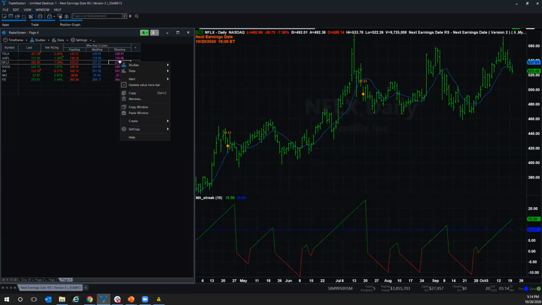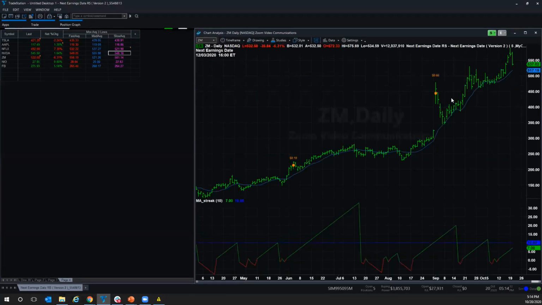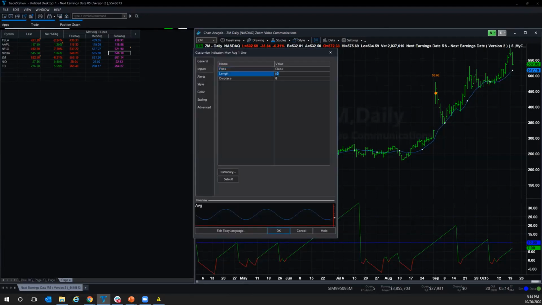But if we go here to slow and then we go to alert, enable alert continuously, this one, well, it's after hours, but the key thing is you can set these, and I like to do it for the 50-day moving average or something like that. When a stock has been ripping, a stock like Zoom maybe, it goes flying up. And again, if we adjust this to like, you know, 50-day,